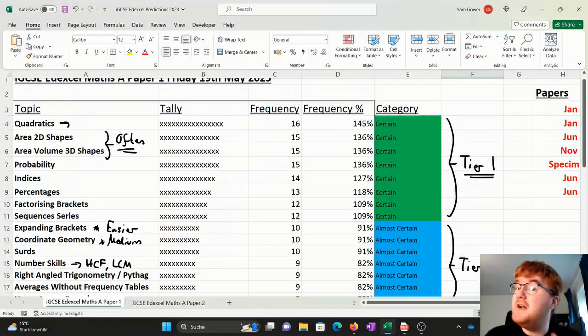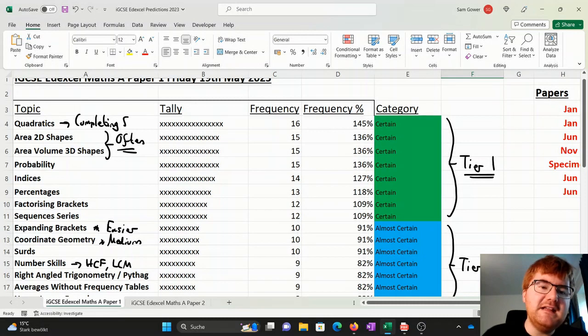Quadratics can appear in a variety of different forms here. We've got things such as quadratic simultaneous equations and completing the square, and again, generally these are the more difficult topics. So again, those top three topics are important. Probability is also huge. This can vary from a very easy question to a very hard question, so do keep that in mind. Some of the very hardest questions on the Edexcel Mathematics IGCSE so far have been probability questions.